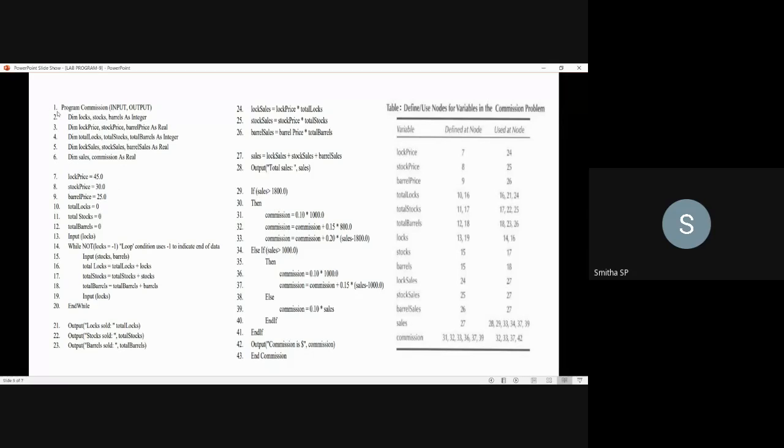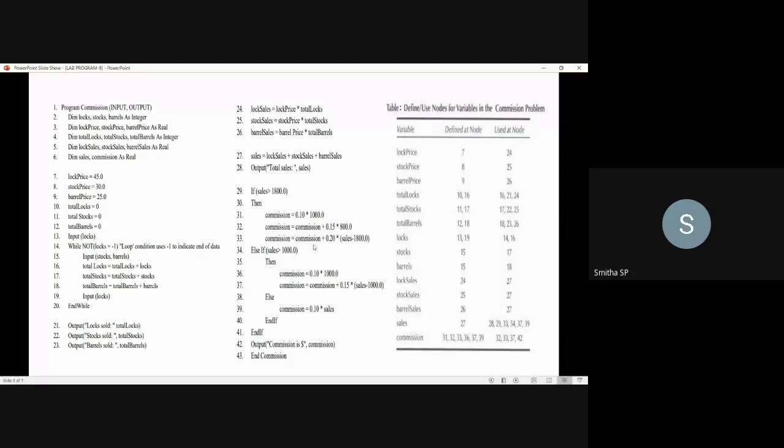Here you can see the program where I have numbered each statement or each line. For this program, you have to write the defined node and the used node. That is, where the variables are defined and at what node those defined variables have been used, that you have to note.